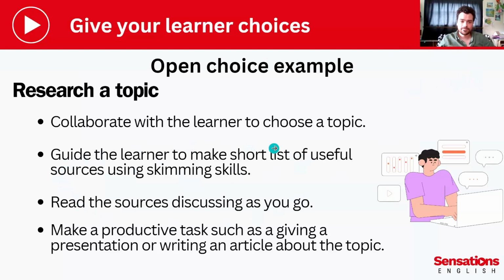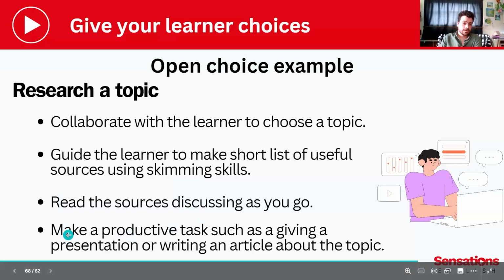Then you could let them create a small list of useful sources, just using skimming skills, right? They go on the internet, they're trying to find good sources to research their topic more broadly. Then choose a couple of them to read, and you might discuss them as you go or let them just take notes about the topic.